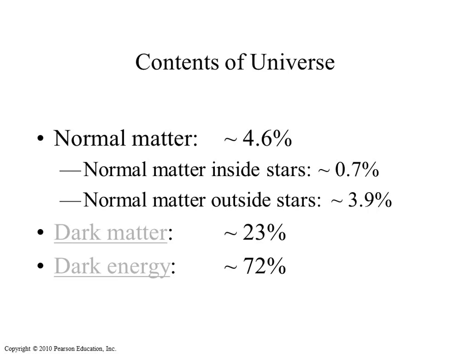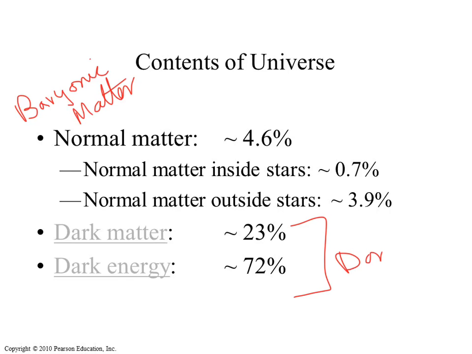Ooh. Okay, I'm going to try to convince you how we know about this dark stuff, whether it's dark matter or dark energy. Normal matter, by the way, I looked it up because I wasn't sure of this, is called baryonic matter. And I know I have heard this in Star Trek. So baryonic matter would be your normal atoms with nuclei that have protons and neutrons and electrons spinning around them. So we have a lot of dark stuff, whether that's dark matter or dark energy, in our universe.